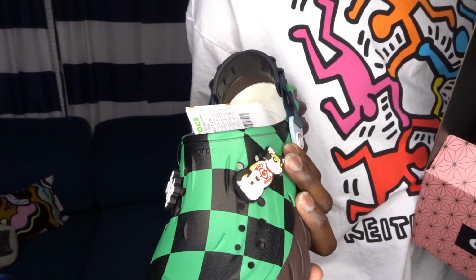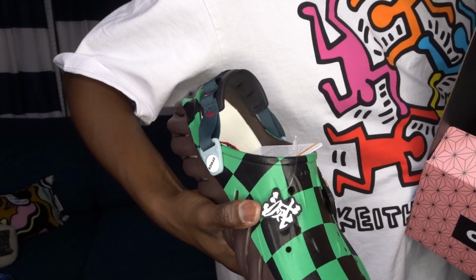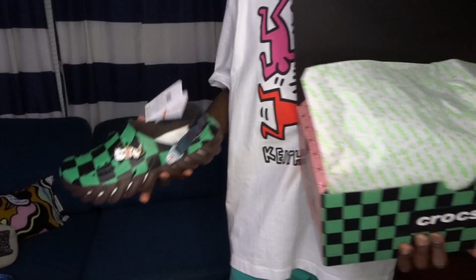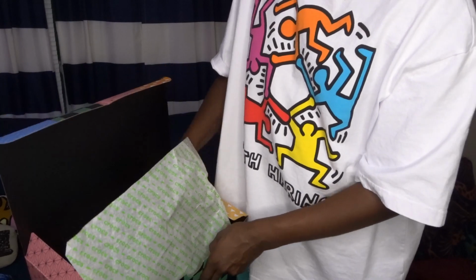You've got a couple of jibbits in there. You've got the cat there. That's the symbol that is on all of their uniforms. I actually forget right now what that means. And let's look at the second one, because I've really only seen...